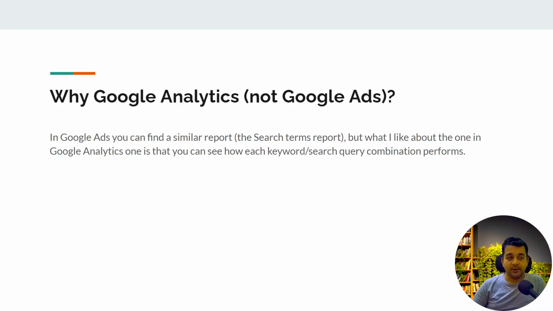Although this data is available in Google Ads also, I would not recommend you to use Google Ads for this, because in Google Analytics you get some extra information which is usually not associated with the search terms inside the Google Ads platform. If you use Google Analytics to study the same search terms, it will show you some extra parameters that will help you understand those search terms better, and whether your campaign is being shown to the right audience, whether you are getting the right type of audience or not.